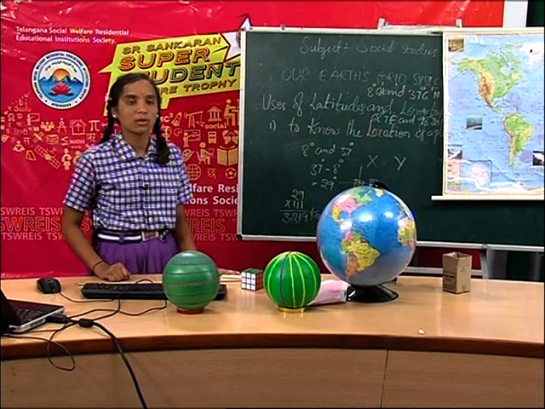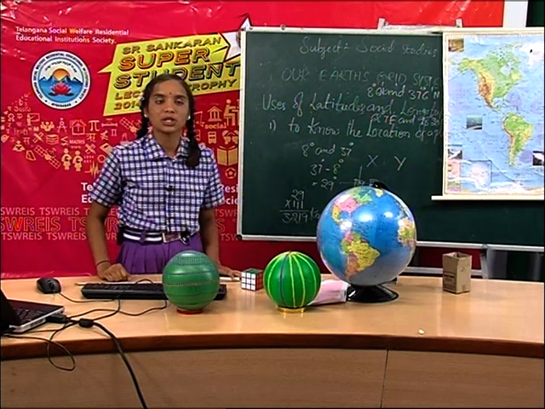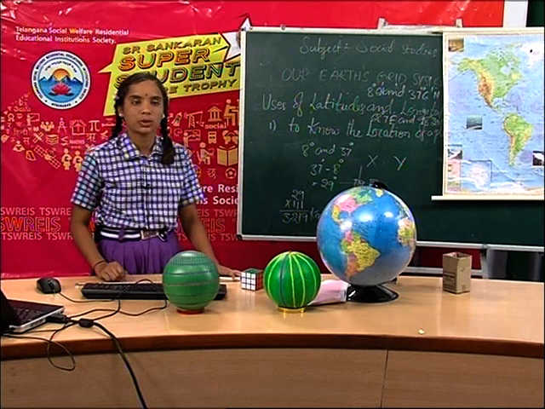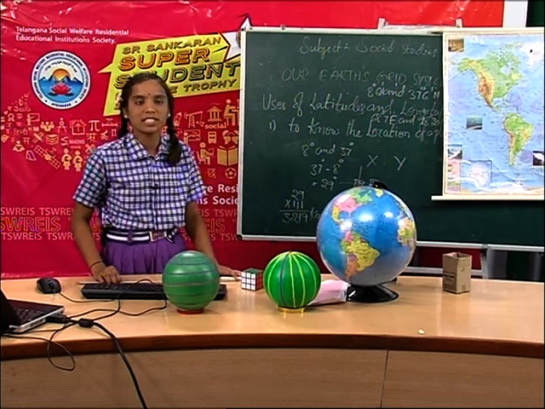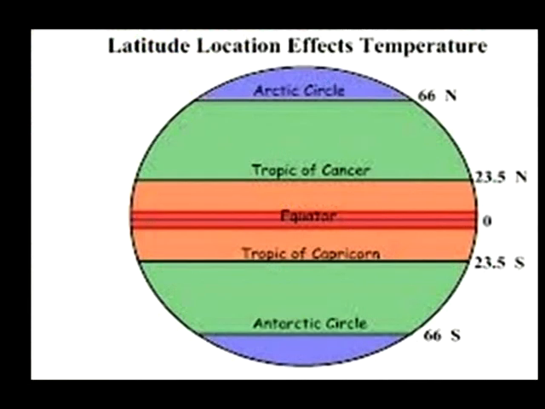Here our world is divided into climatic zones with the help of the latitudes. Here latitude location affects temperature, and here it is 0 degree latitude, equator. Here the area which is between Tropic of Cancer and Tropic of Capricorn is called as torrid zone, and here their temperature is more than these remaining zones. And friends, the area which is between 23.5 degrees north and 66.5 degrees north, it is called as temperate zone. In the southern hemisphere